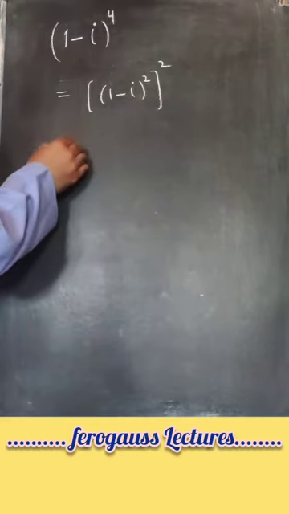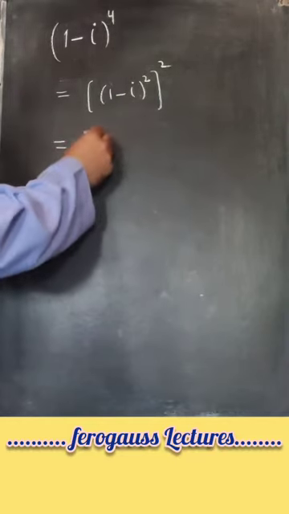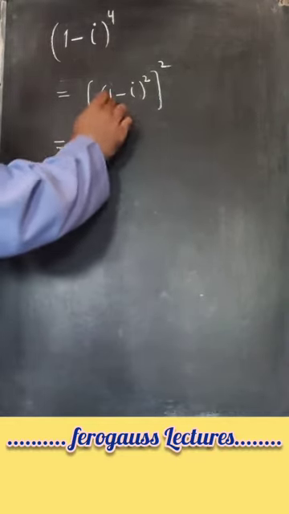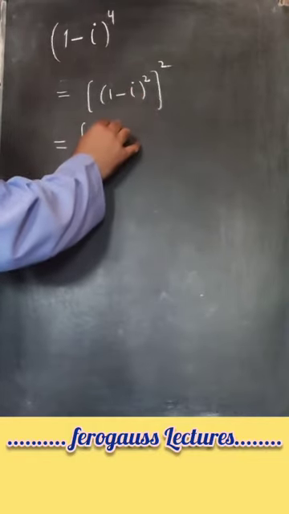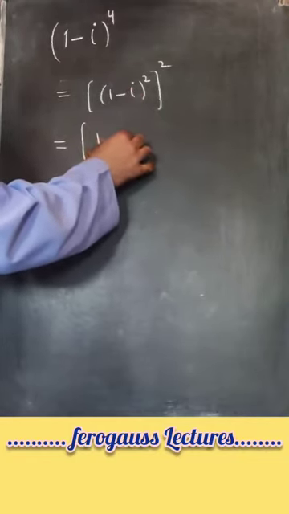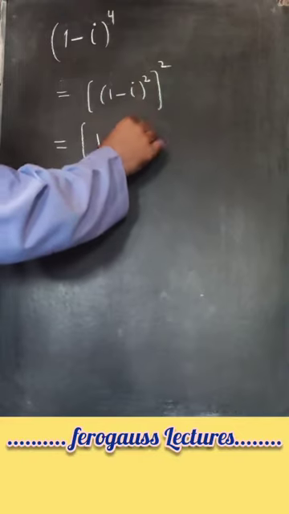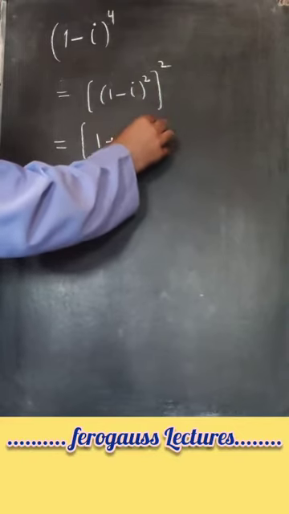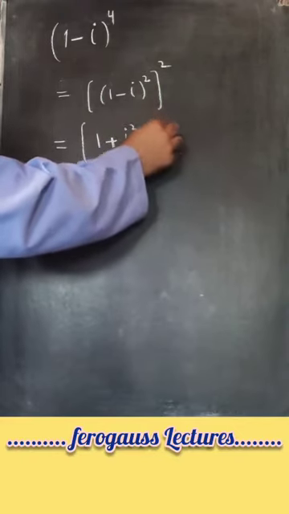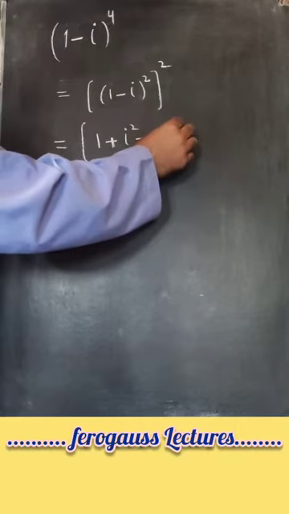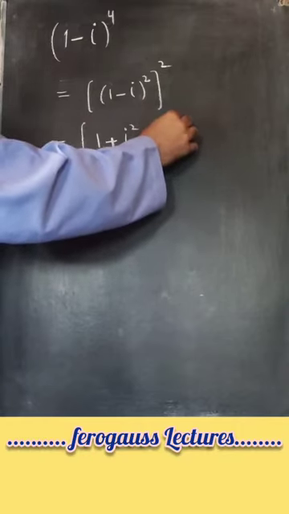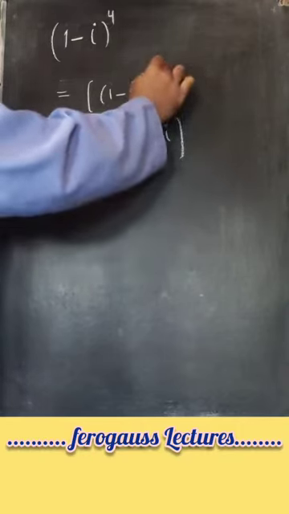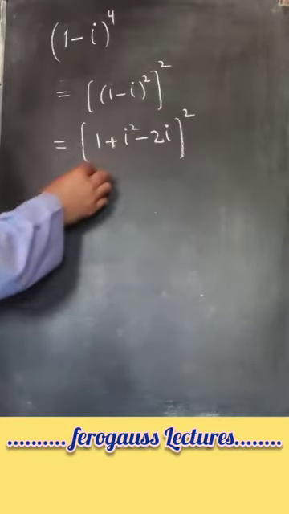That is further equal to, it is a minus b whole square, so that is equal to a square, that is 1 square is 1, plus b square, that is iota square, minus 2ab, that is minus 2 into 1 into iota, that is minus 2 iota, whole raised to power 2,